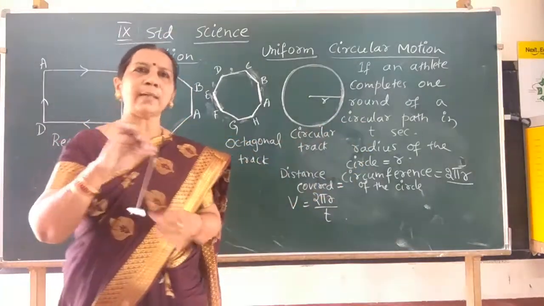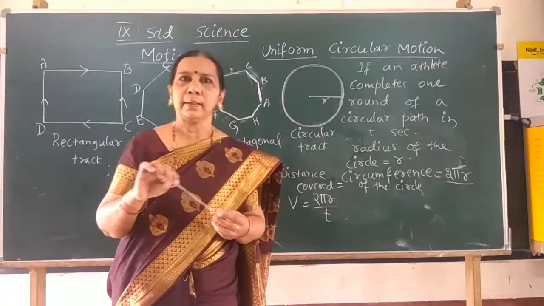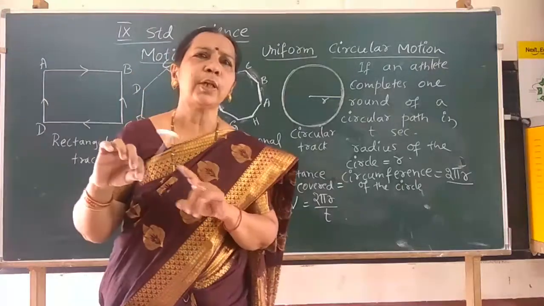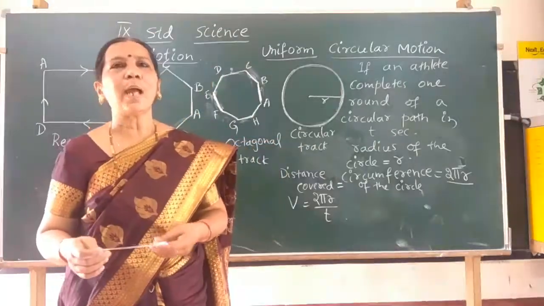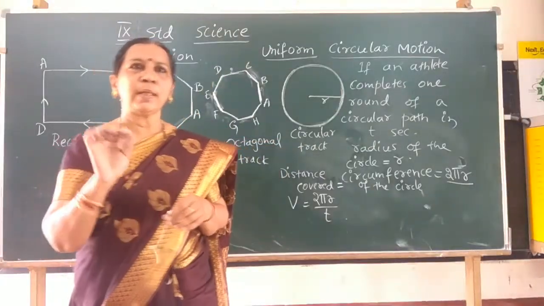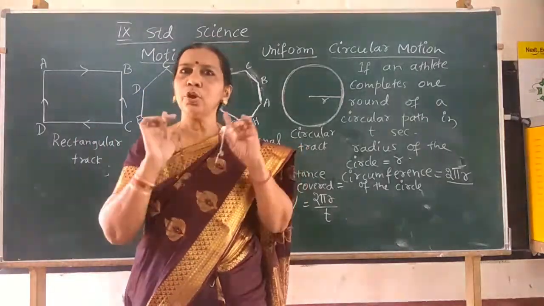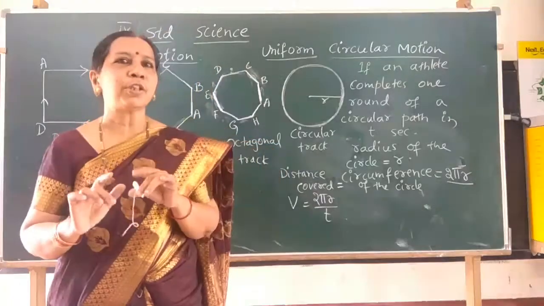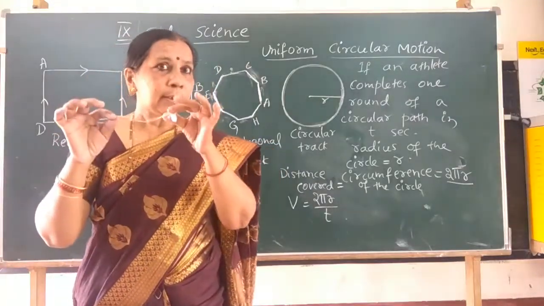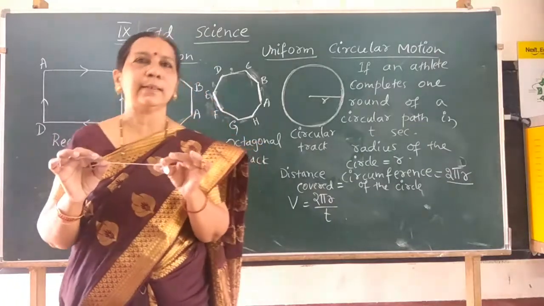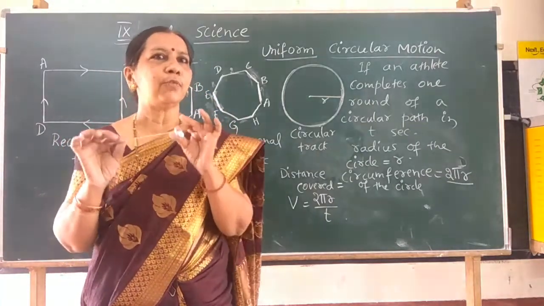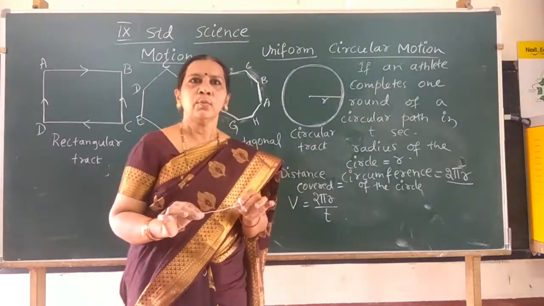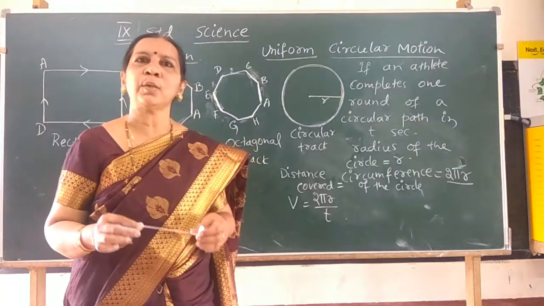Why is it so? Many times you repeat the same. Rotate and at different positions release the thread. What happens? Every time you release the thread, the stone moves in the direction in which it was moving at the time you released it. In the same direction it moves. What does it show? What does it mean?